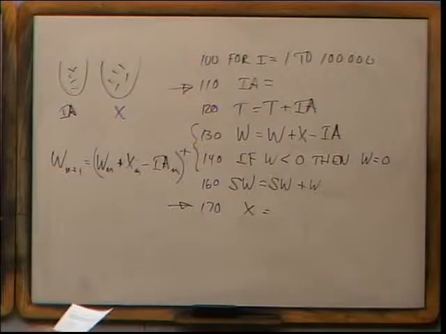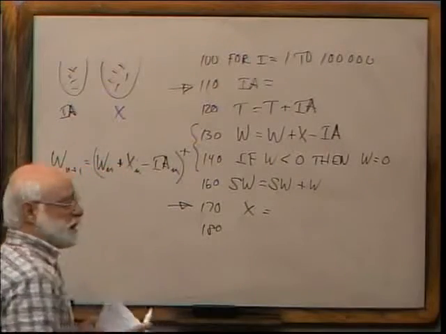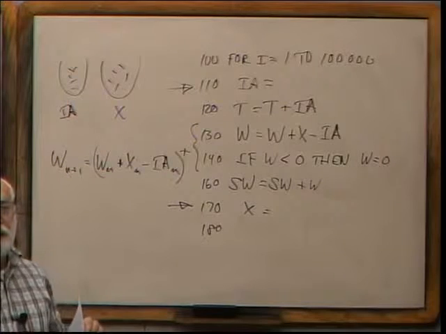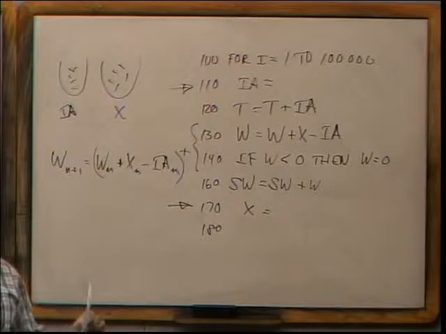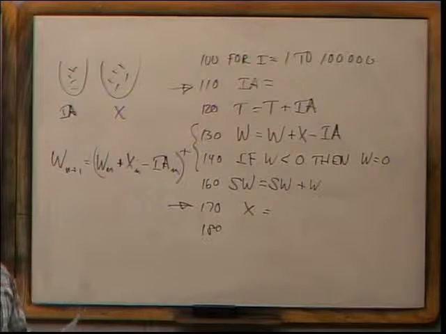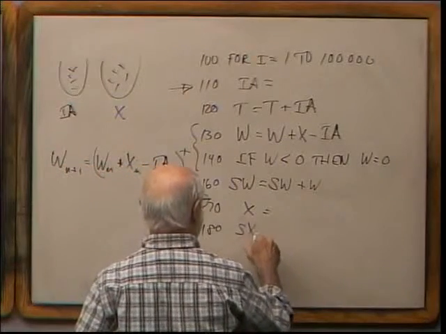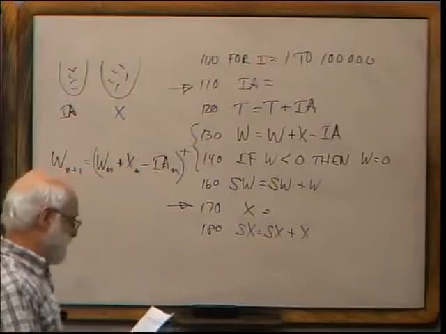Then I want to calculate the utilization of the server. Now the utilization is the fraction of time that the server is busy. So what I do is I add up all the service times. That's the total amount of work the server does. Divide that by the total time simulated. The ratio, therefore, is the utilization. So the sum of all the service times is equal to whatever it was before plus the service time I just generated. And then statement number 190,